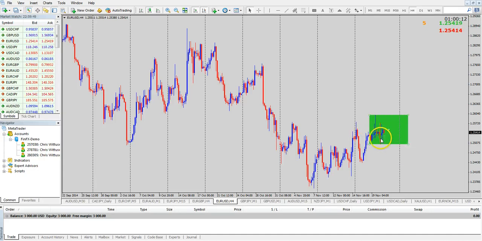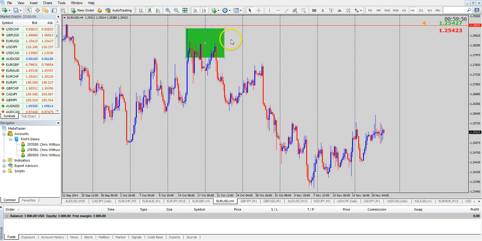Let's move this box now that we've defined it. Let's move it and see how it pans out. Let's take another big candle there. Remember what I said, where you put the stop loss above the box, right? A few pips above the box. So if we would have put the box here and defined the stop loss here, then we're just waiting for a breakout with a confirmation candle. Okay,